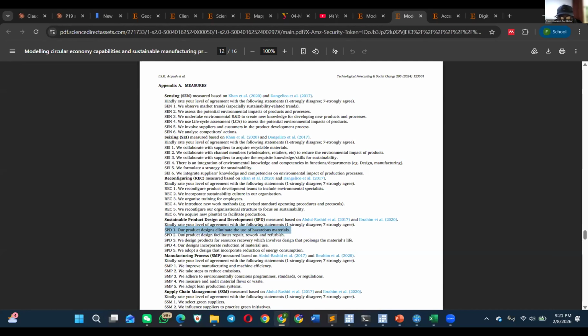And the second question: our product design facilitates repairs, rework, and refurbishment. So you can see that there is an association between them. They are all talking about design, right? And all of these questions put together are a reflection of sustainable product design and development. So that's what they call reflective